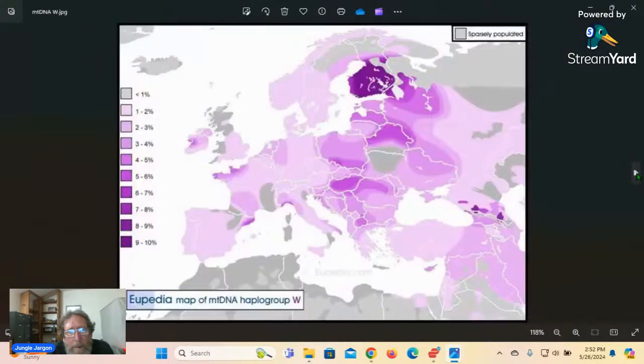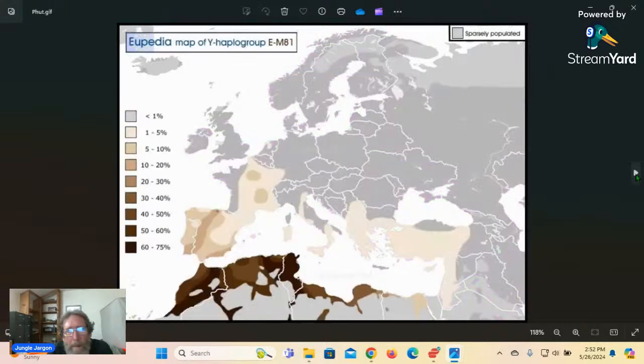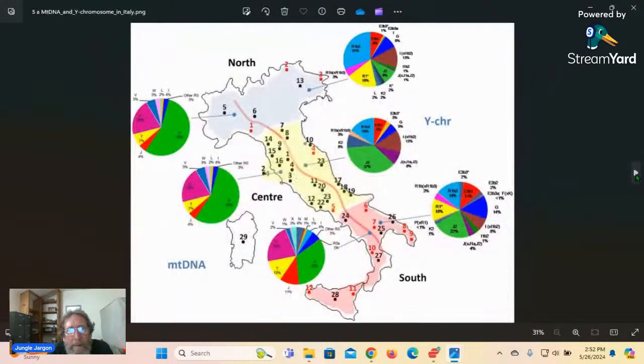So the W is a haplogroup that accompanied the Medes. Medes, of course, were in this area in Europe. It's connected. Now here, just to